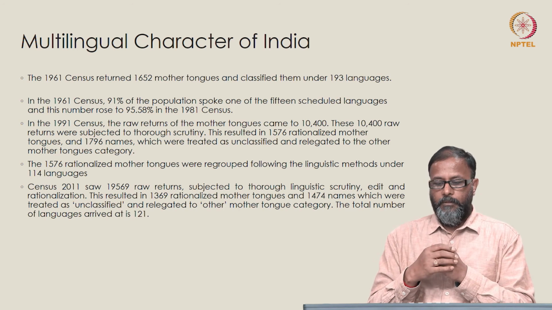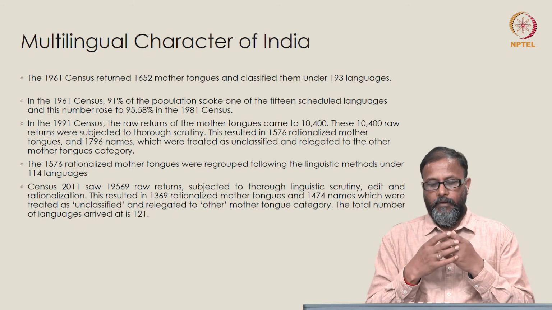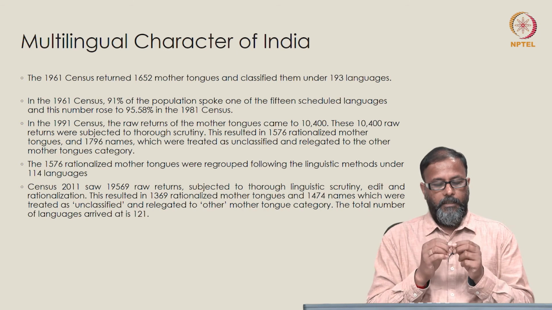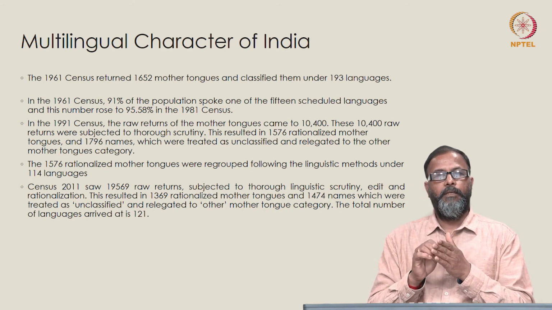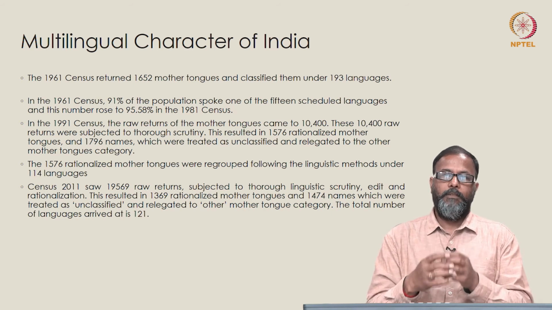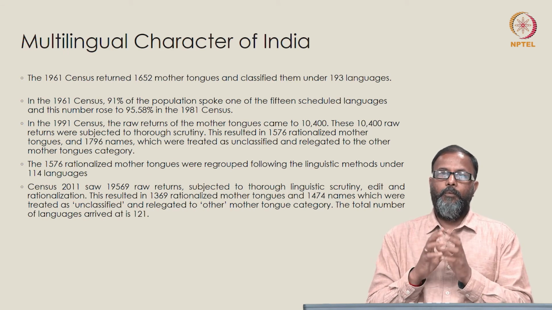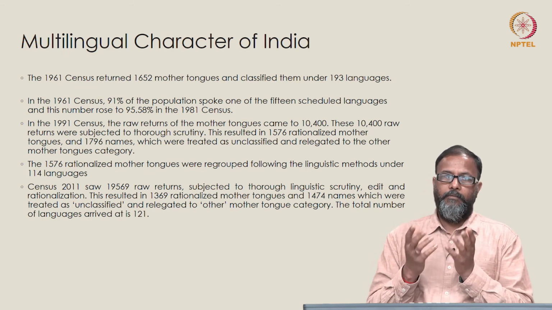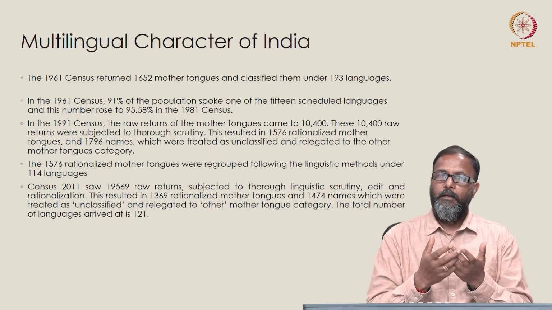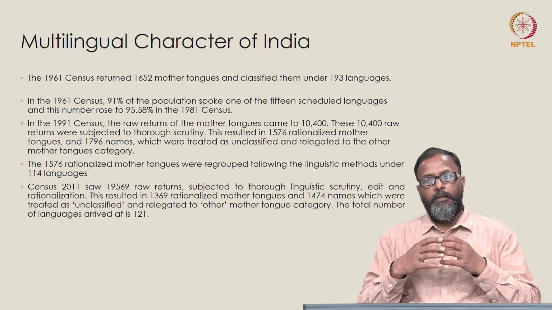In 1991 it was 10,400. In 2011 we have 19,569. And then we have 1,369 rationalized mother tongues, and 121 languages categorized as distinct languages. So 193 in 1961, 114 in 1991, 121 in 2011. We can see these varying numbers, and we cannot conclude